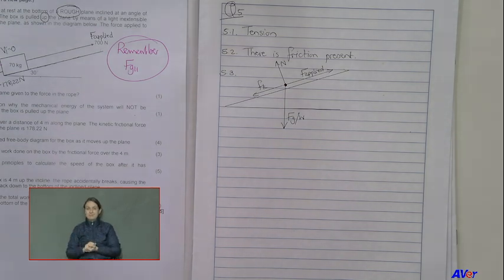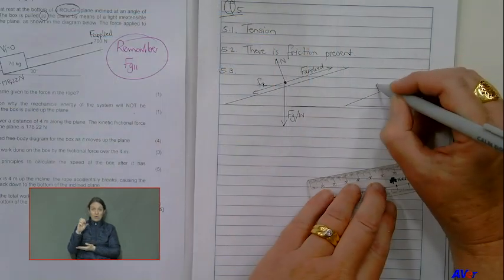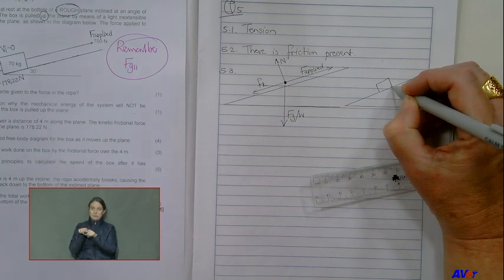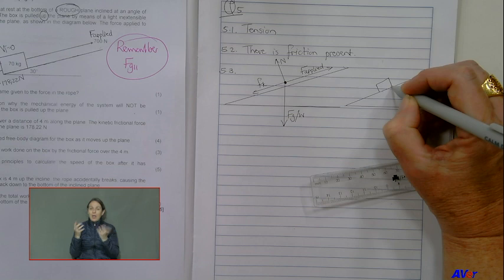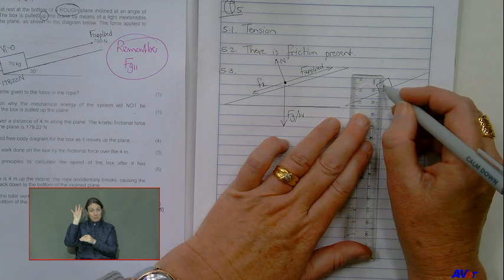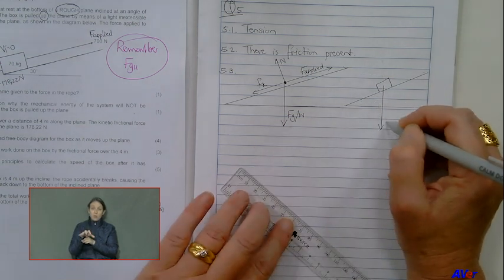Okay, so that is your diagram. I just want to show you an important thing that they said in the grade 11 memo discussion. If they ask you a force diagram, that means you have to draw a block. But now the forces must start at the correct places for you to get the mark. So if you have a force diagram, gravity must be from the middle of your block.